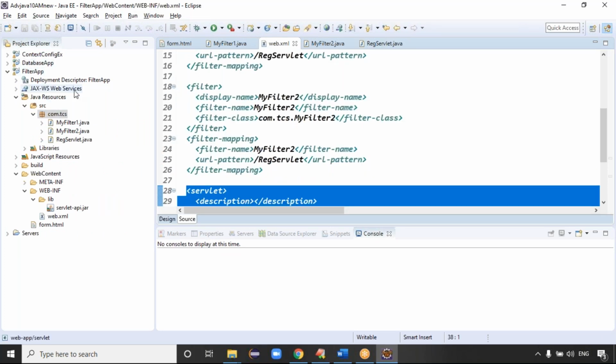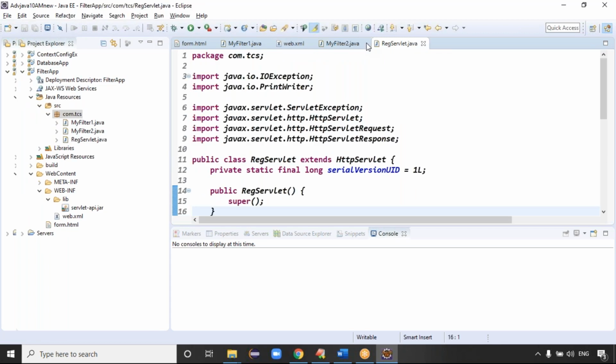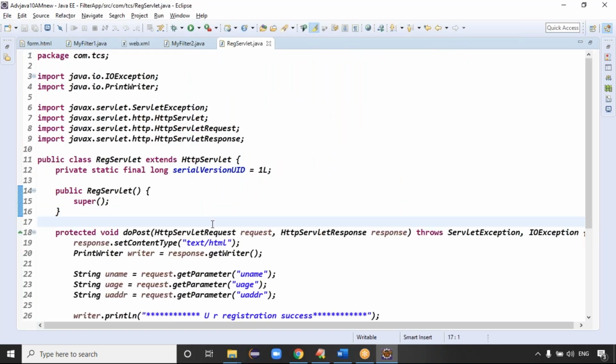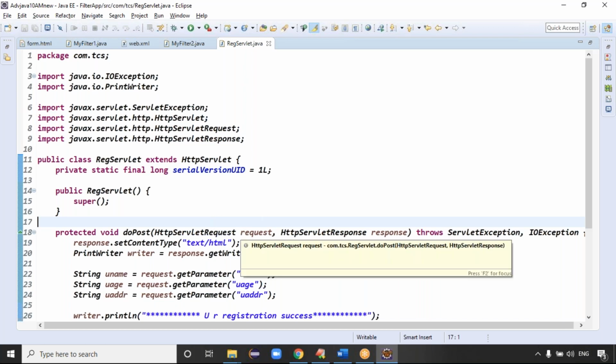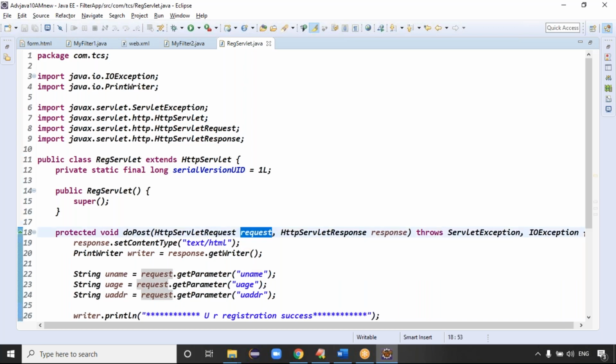In the registration servlet, again we are trying to get the values: string username, string user age. When the data is coming to this servlet, all the request details are again stored in the request object. All the details from the filters are coming from the request object. The filter contains the request and response objects, so it contains the request details.